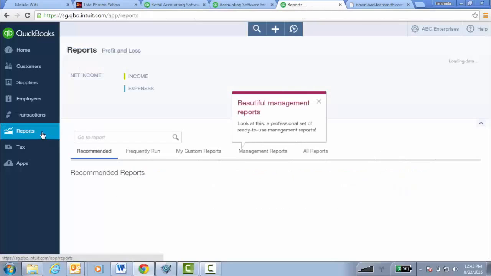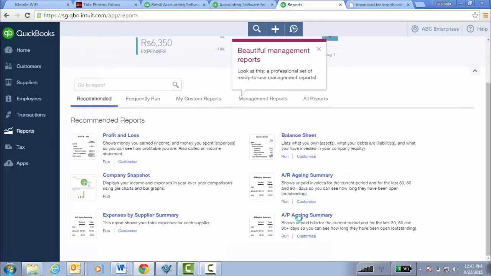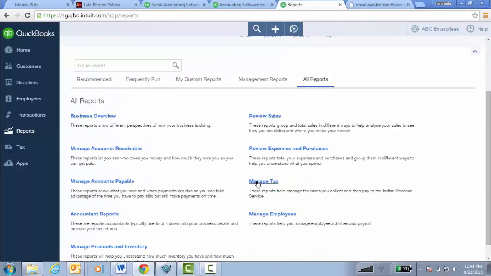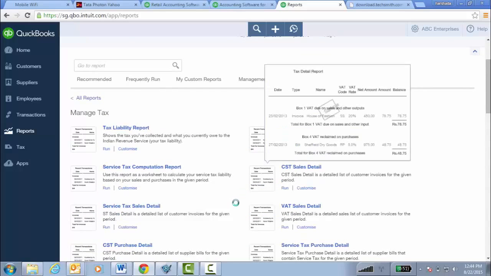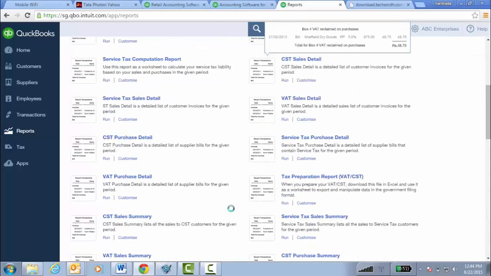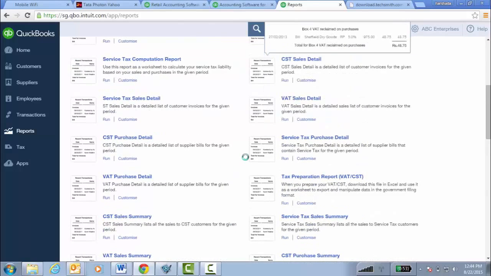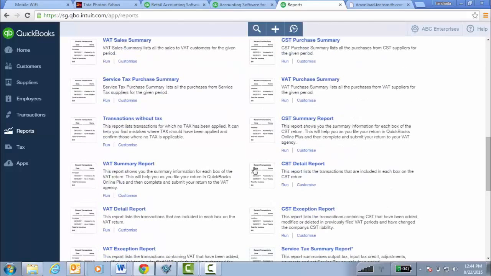For taxation related report, go to all report, go to manage tax. Here you can see details related to your taxation. Here you can see your VAT related all reports.